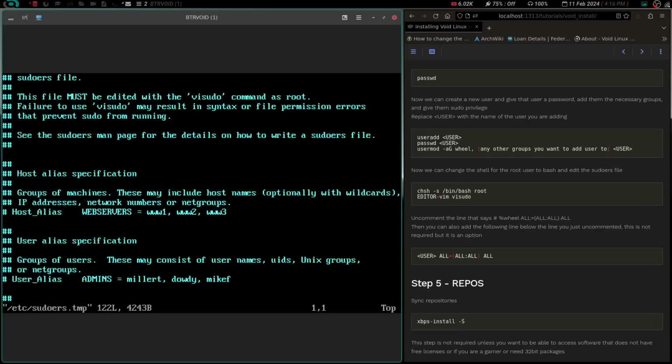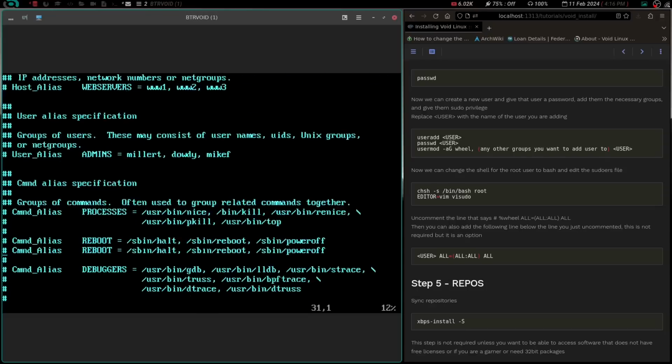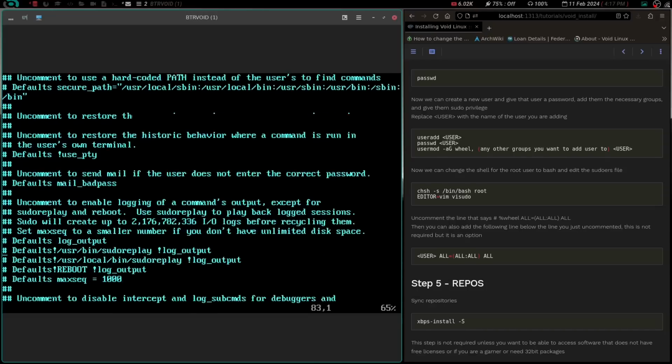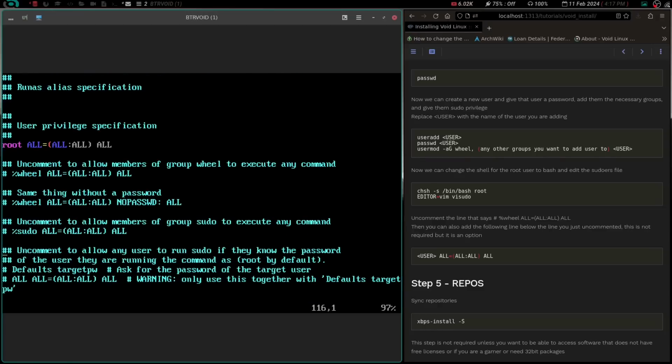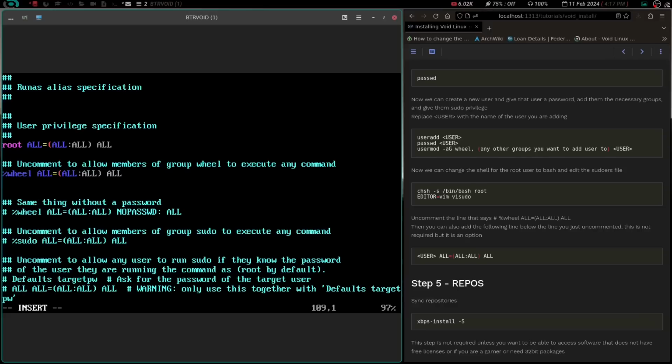Now we are in the sudoers file in vim, which is so much easier to use than vi. Vi's not bad. I say that, but it's really not bad. But then we're going to come up here and we're going to find the wheel. We're going to go into insert mode and we're going to uncomment that. Now this is a step you can do or not do. It's up to you, whatever you want to do. But I'm going to add my user, Jake, and we're going to do ALL=(ALL: